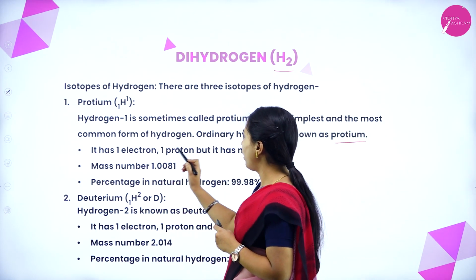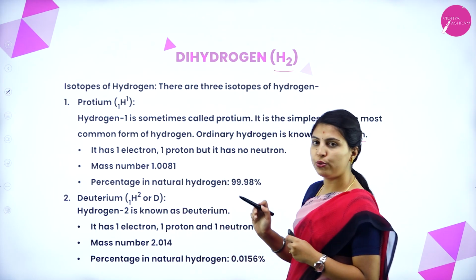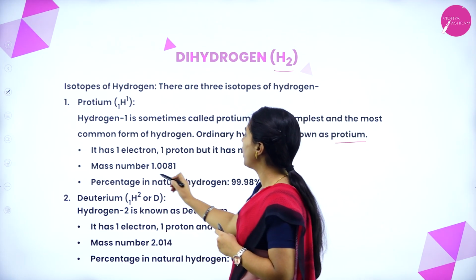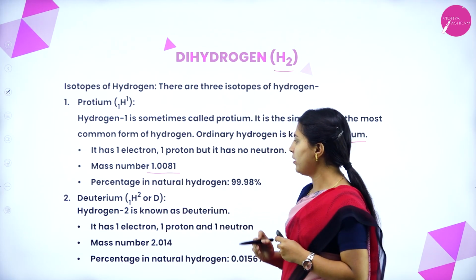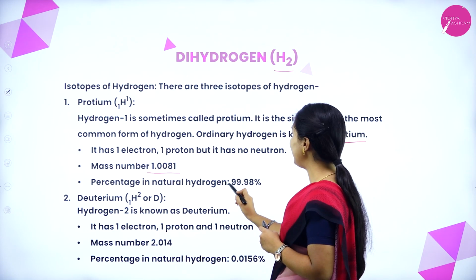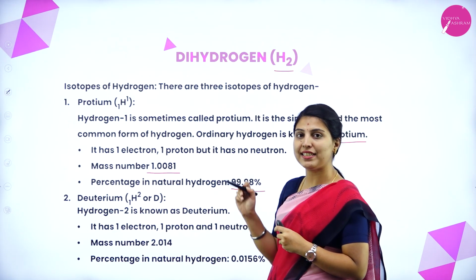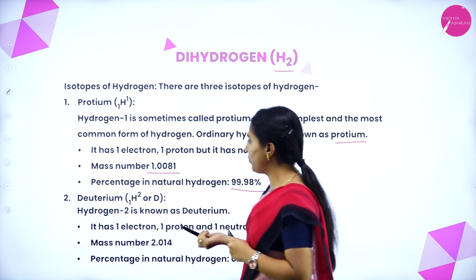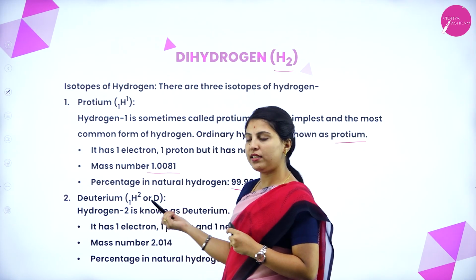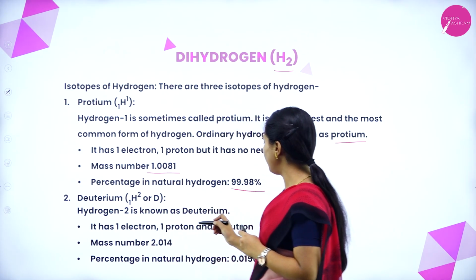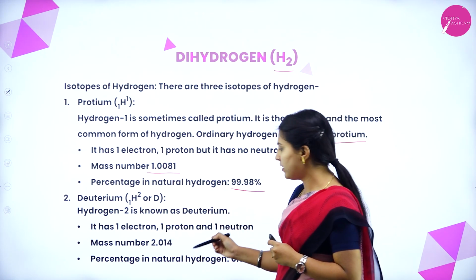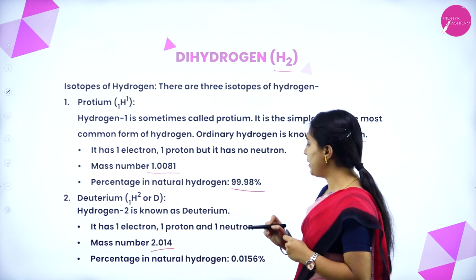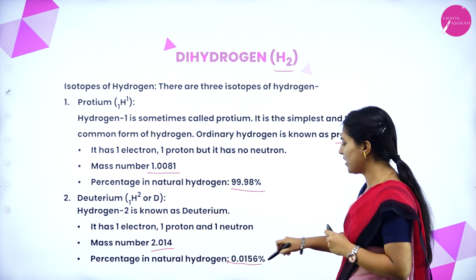It has one electron, one proton, but no neutron. Its mass number is 1.0081, and its percentage in natural hydrogen is 99.98%, because it is the common kind of hydrogen. Next, deuterium. Atomic number is 1, mass number is 2. It has 1 electron, 1 proton and 1 neutron. Mass number 2.014. Percentage in natural hydrogen is very less, that is